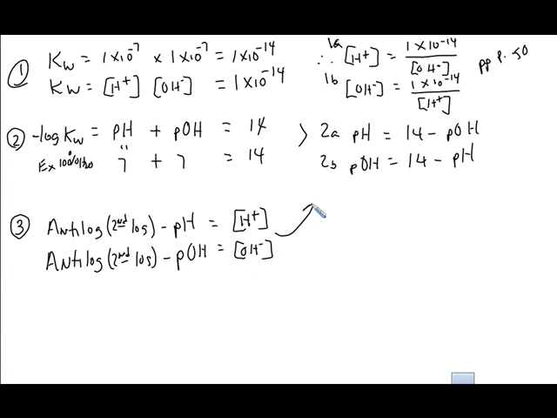And so you take that information up in to answer any one of these 1A, 1B, 2A, 2B type questions, right? So you can move back and forth between any one of them. What you want to look at is here. If you're given one of these 4, hydrogen ion concentration, hydroxide ion concentration, pH, or pOH, you can convert to any of the other 3. Yes? See that? And we're going to practice that here in just a second.